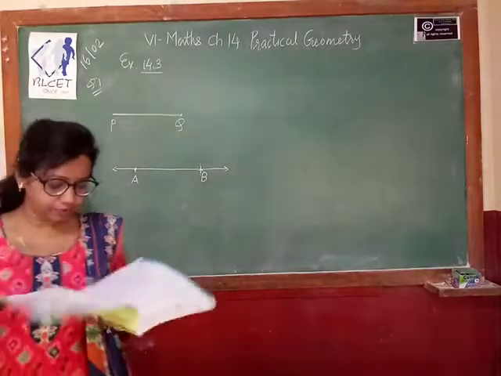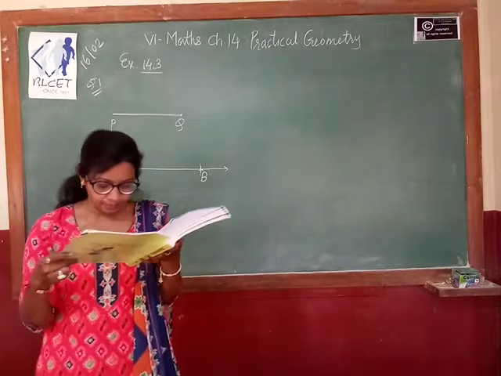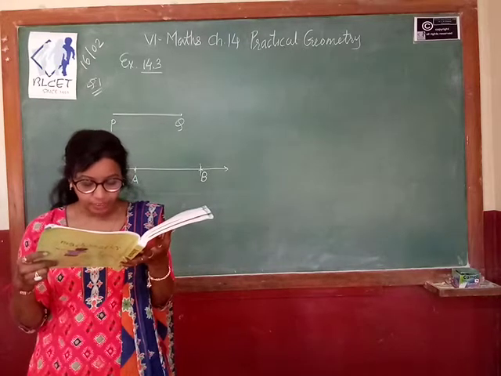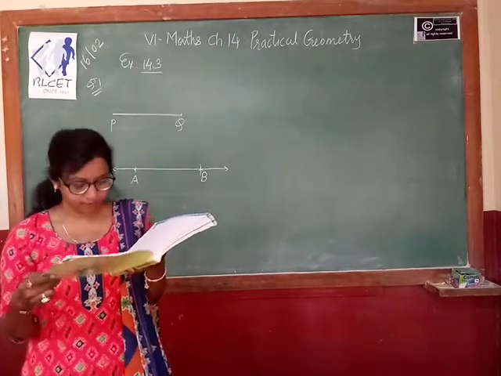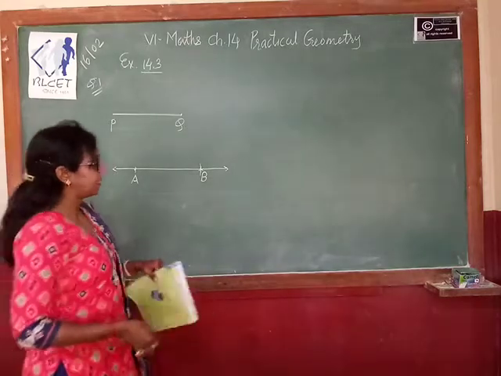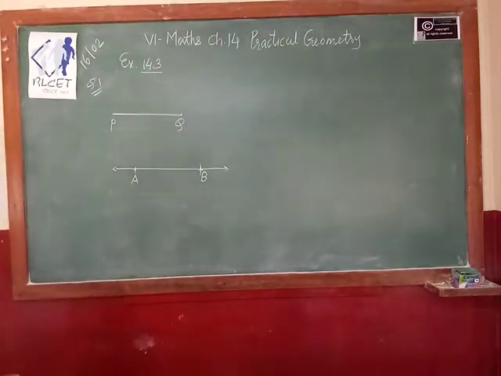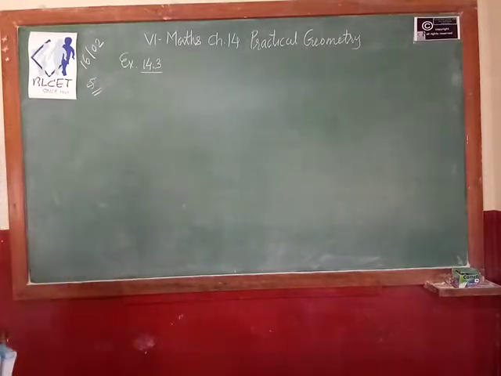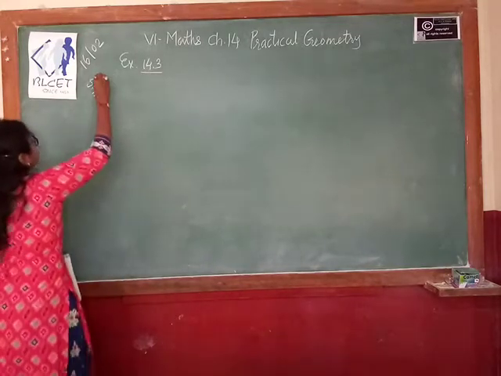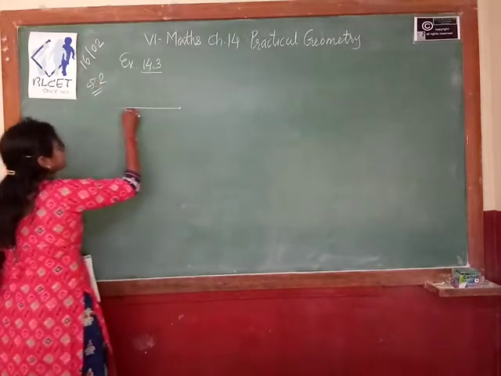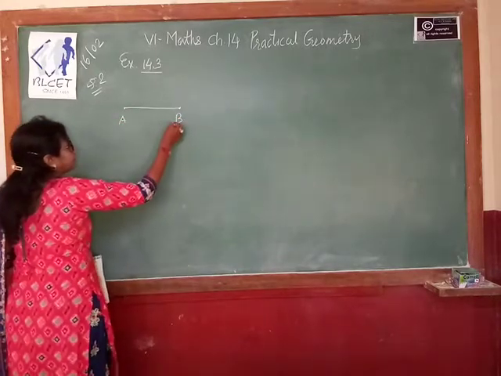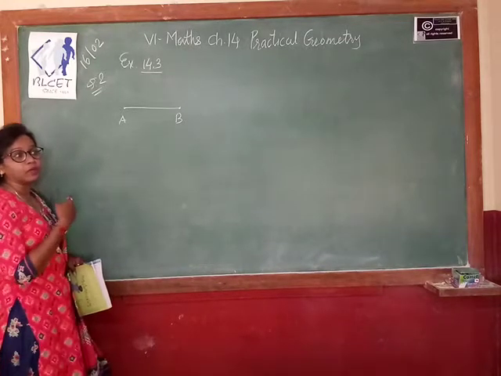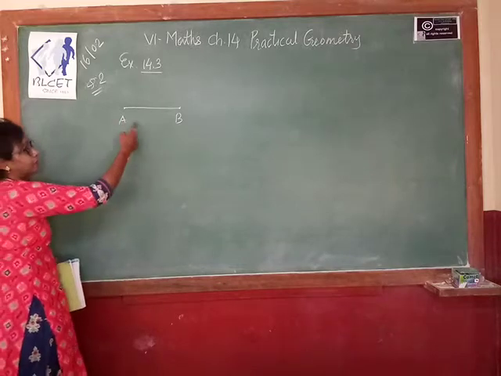Move on to the second question. Given some line segment AB whose length you do not know, construct PQ such that the length of PQ is twice that of AB. So, your second answer. What is given? A line segment AB whose measurement we don't know. We have to construct a copy of this line, but what is the condition? The line segment you get must be double this AB.